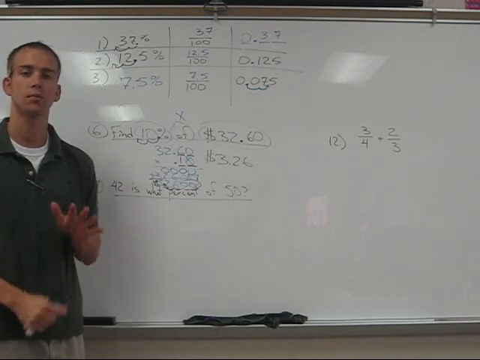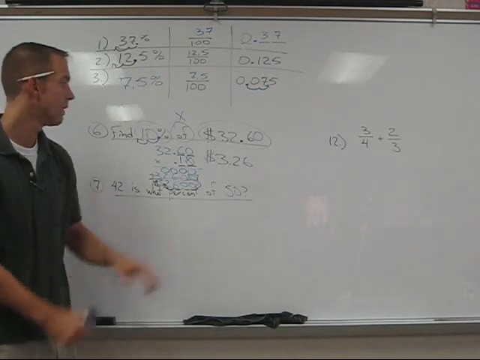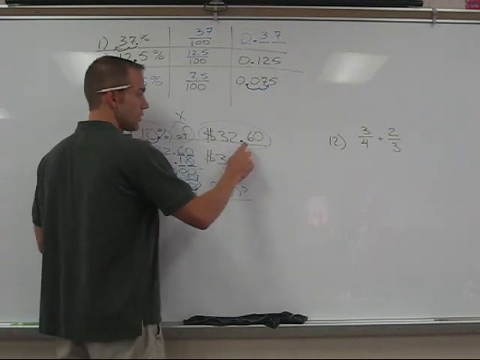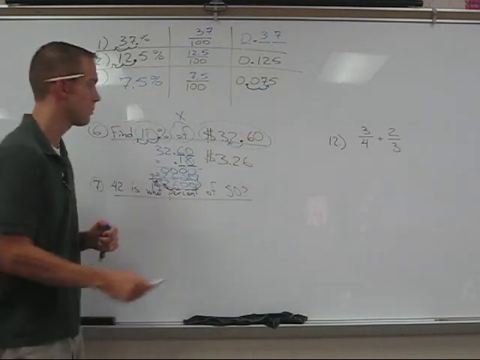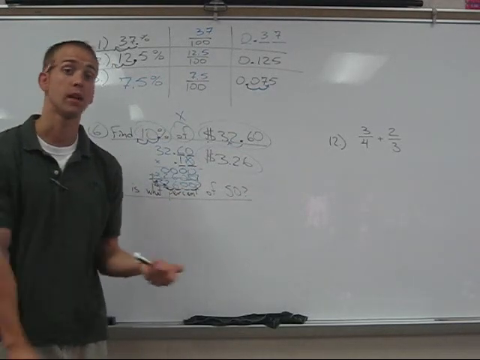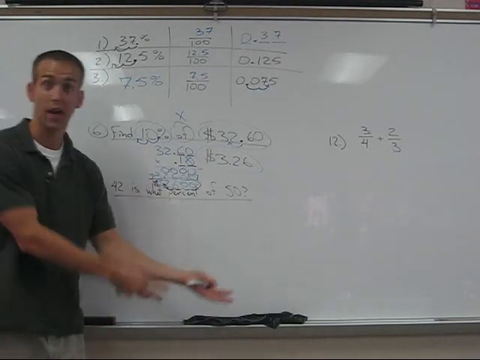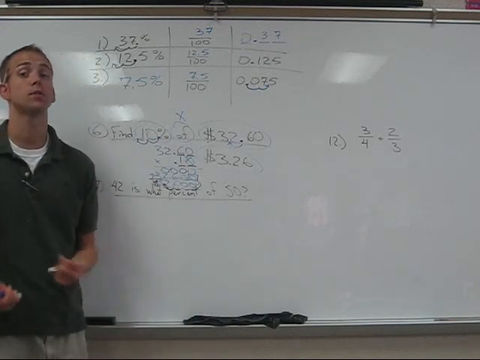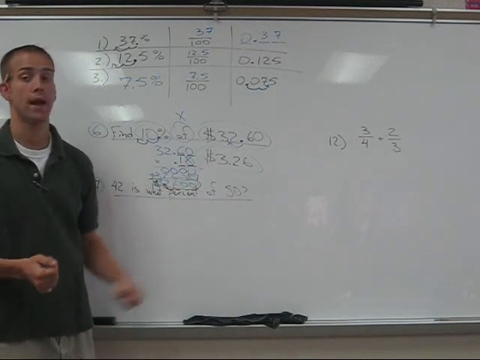Hey, if I wanted to find 10% of any amount as a decimal, I can just take that decimal and mentally shift it one place to the left. That will give me 10%. And the neat thing about 10% is it opens the door to finding 20%, 5%, 25%, 50%, a lot of other percentages where all you had to do was some mental math.